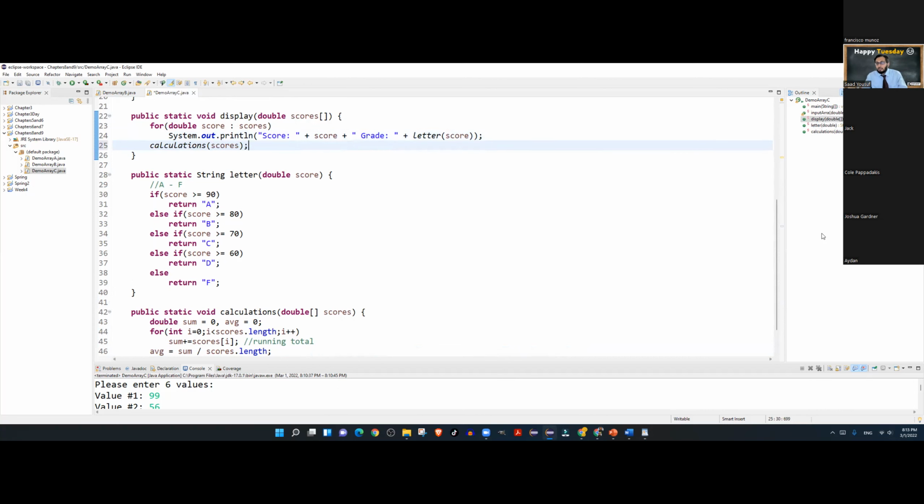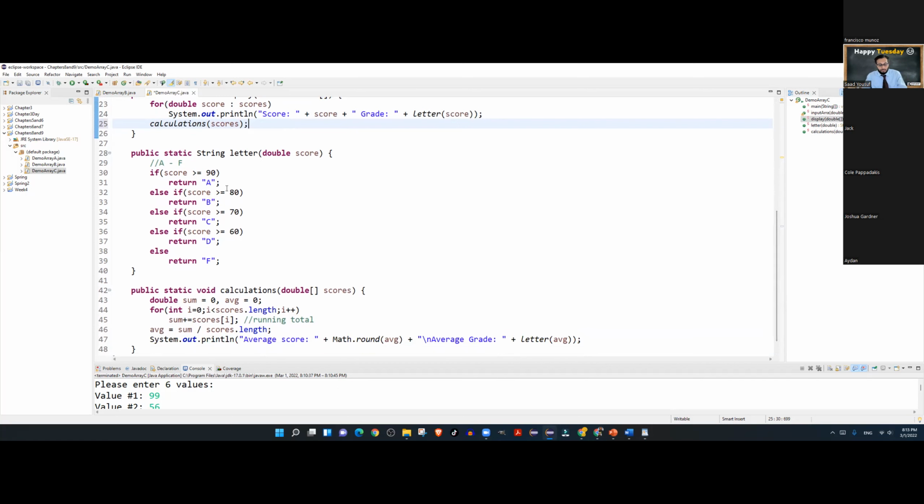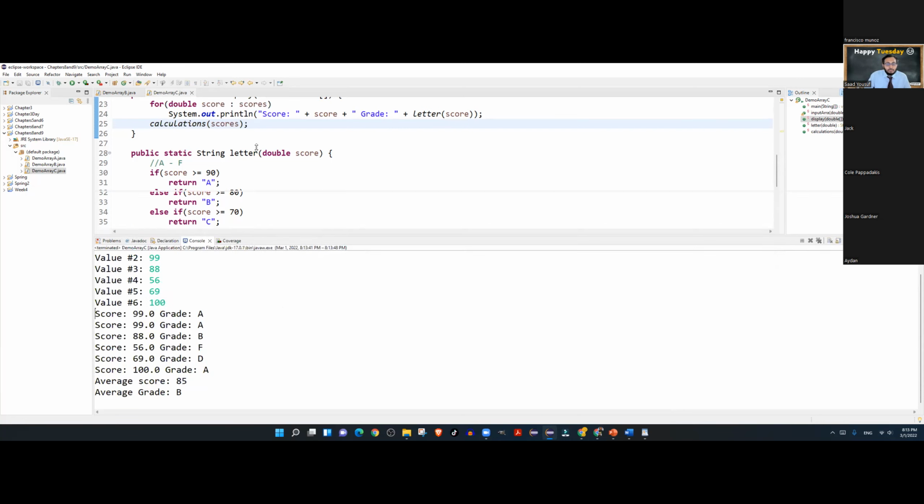And I can call the calculations from the body of the display method. So let me test this real quick and show you guys the output.